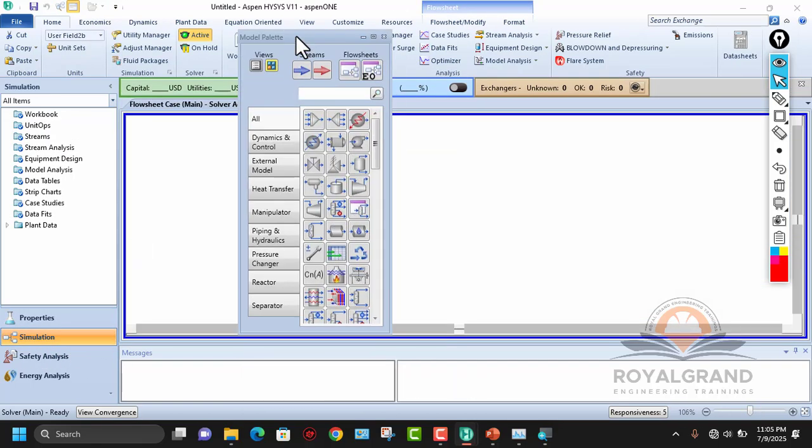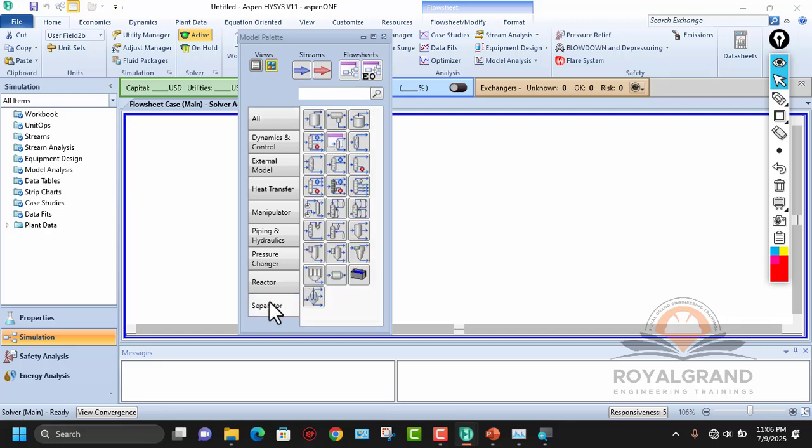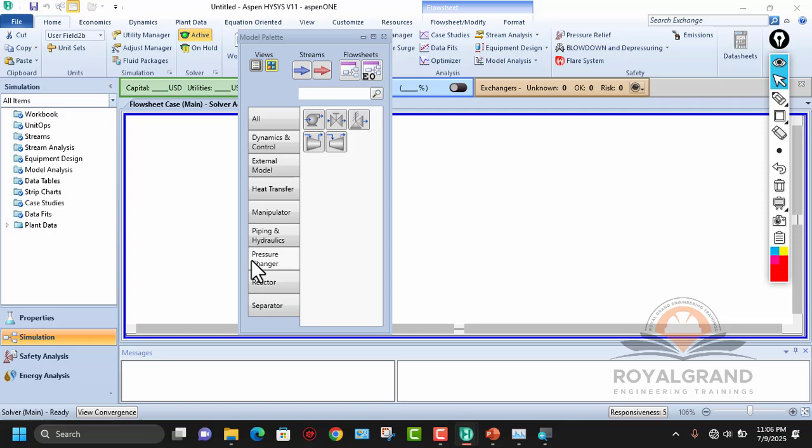So this here is our model palette, and the model palette is segmented into different sections. We have our separator. If you click on separator, you see different kinds of separator. Click on your reactor, you see different kinds of reactor. Click on pressure changer, you see different pressure changers. We have our pump, control valve, relief valve, compressor, expander. Piping and hydraulics, we have manipulator, heat transfer, which is our heater, cooler, heat exchanger, external model, and